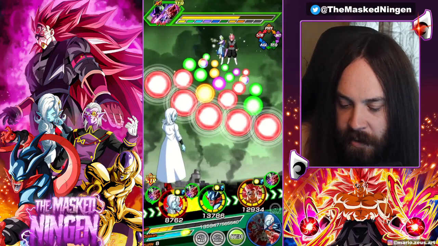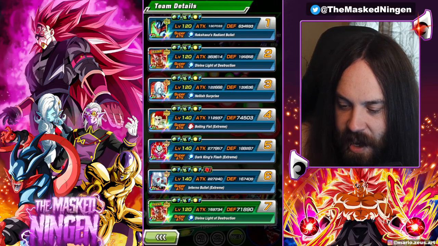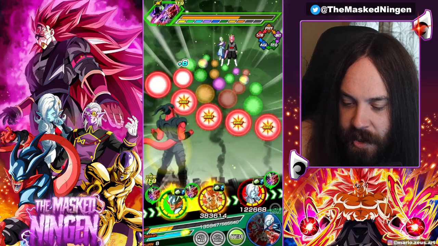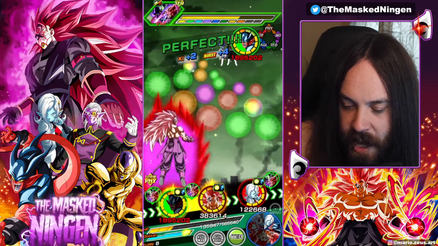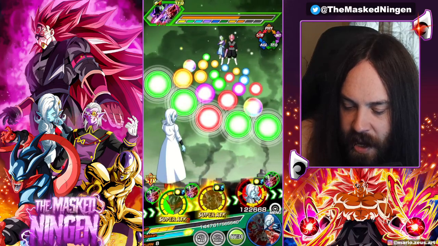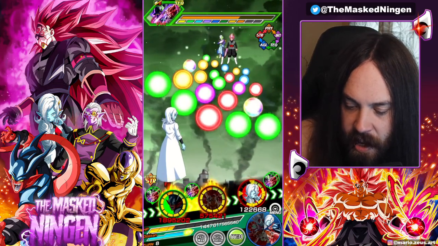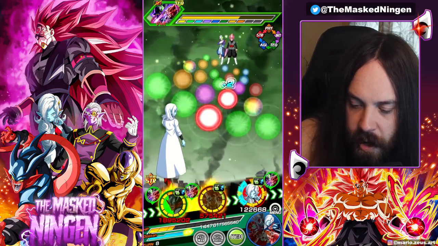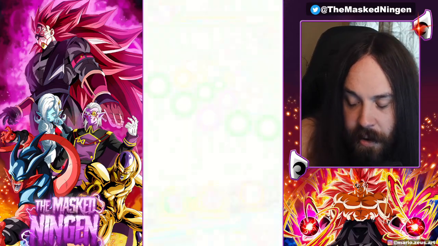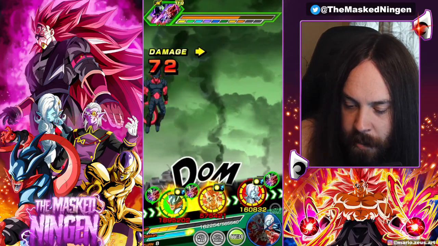But that leaves us a little bit sketchy here because obviously Janemba's lost his guard now. He does have 630k defense, so I don't know. Maybe he'll be okay here. He has a lot of dodge for me, but could be a little bit scary. Did I have any items? I have a Whis, but I guess to be fair, Towa's going to lose her passive if we don't get the Dokkan attack here, which I was kind of hoping we would with the STR orbs for Towa, but...